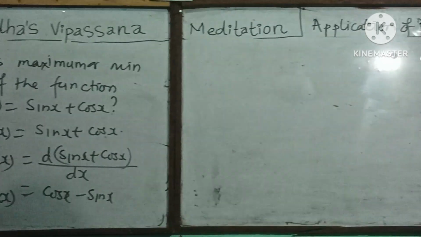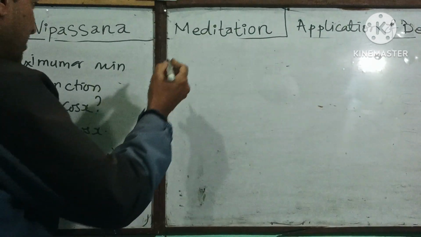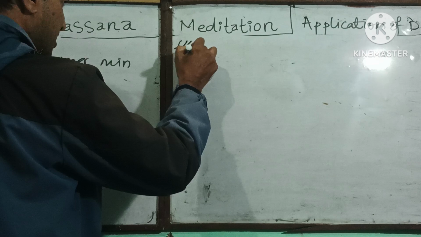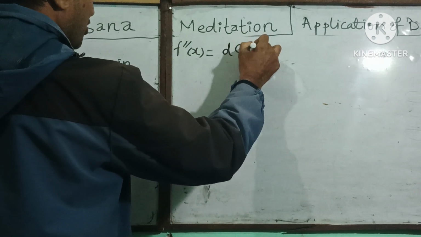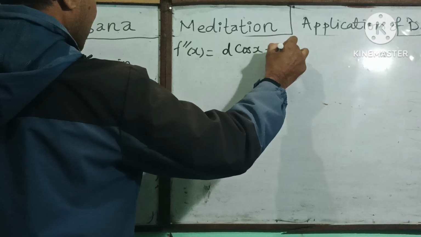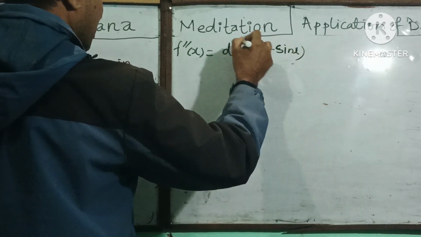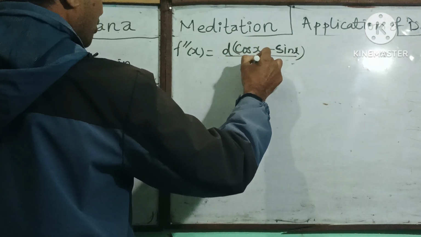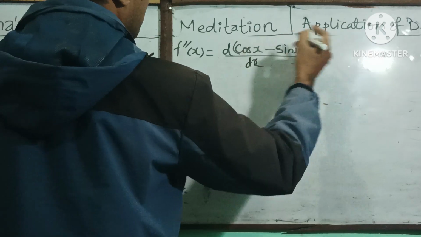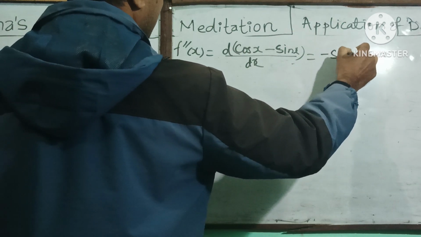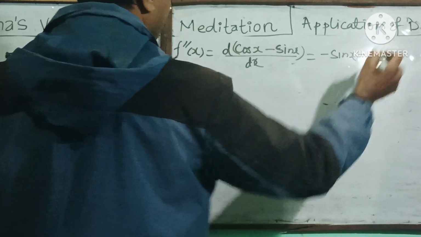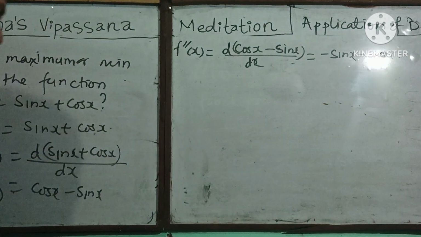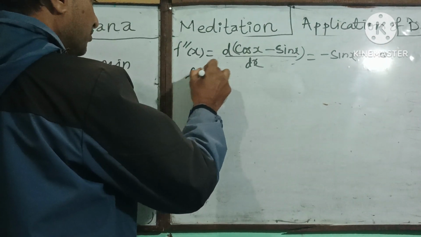and the second derivative also, that will be easy. So f double dash x means the second derivative. So the derivative of cos x minus sin x with respect to x. This one is the derivative of cos x, which is minus sin x, and the derivative of minus sin x is minus cos x. Okay. For the stationary point,